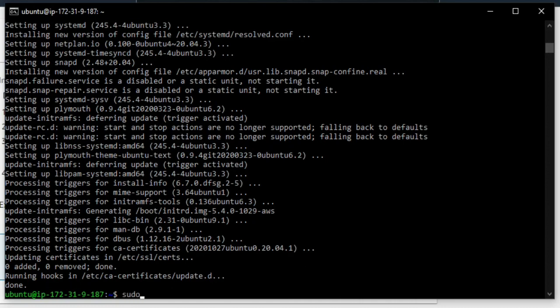Let's do sudo apt install apache2. We'll install the Apache 2 server here.